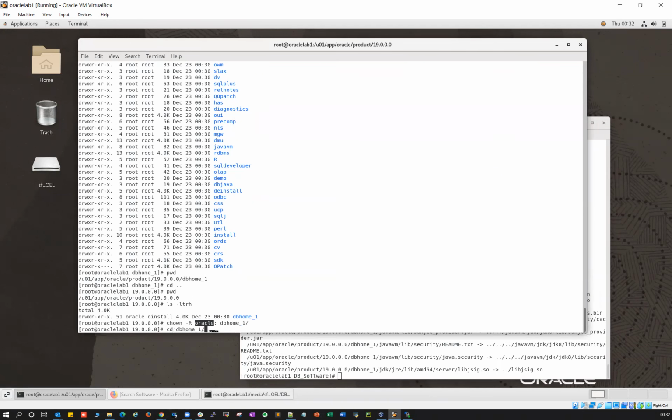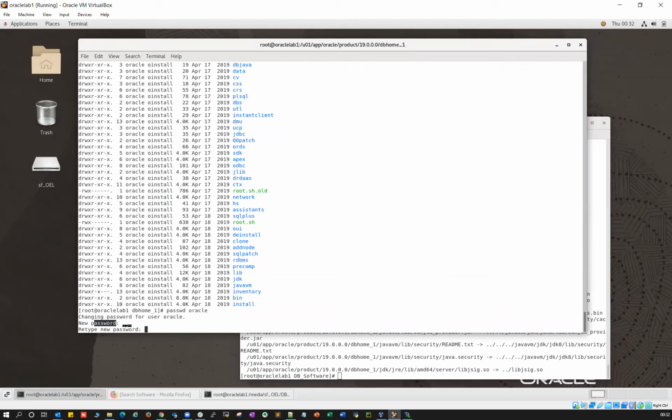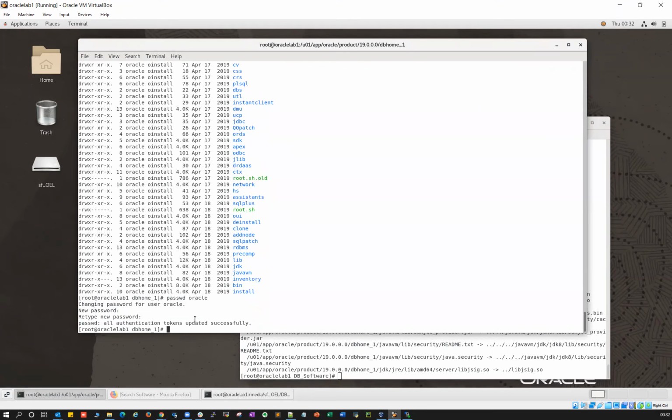Now I will change the password for my Oracle user. The Oracle user got created anyway, but I don't know the password for it. I'll simply use passwd oracle, and it will ask me to set a new password for the Oracle user. Right, the password is set. Now go ahead and install using the run installer. Whatever you unzipped will be your Oracle binaries. You have to run that run installer, and the Oracle binary will be ready.